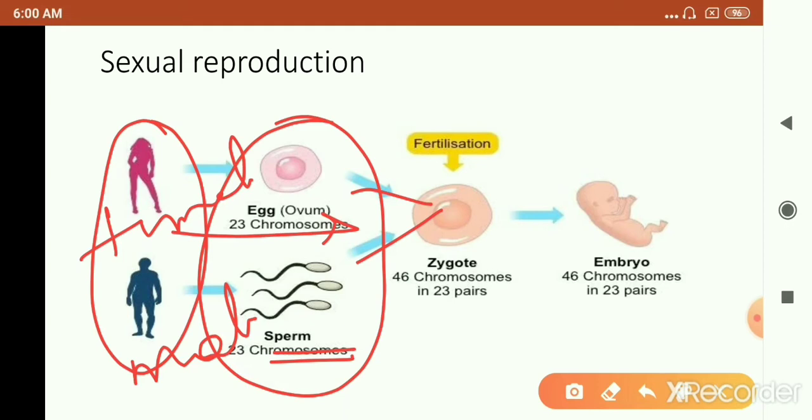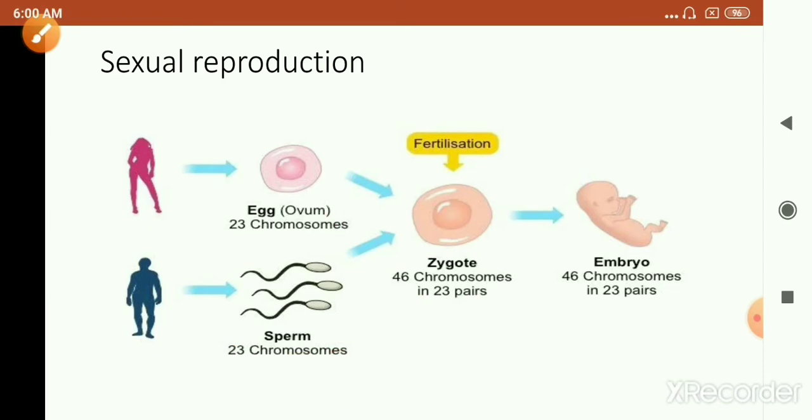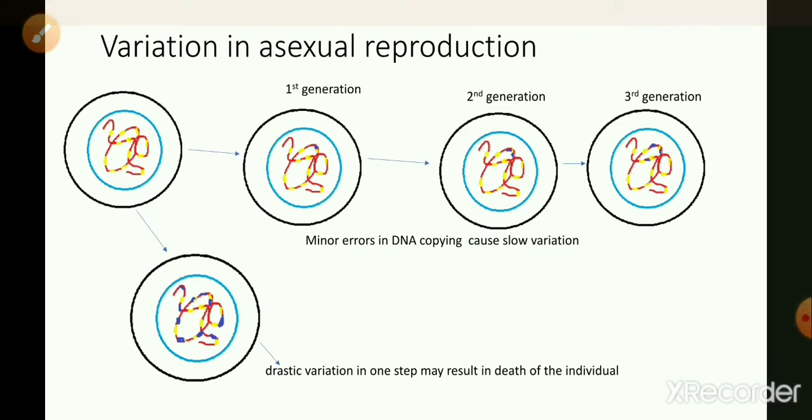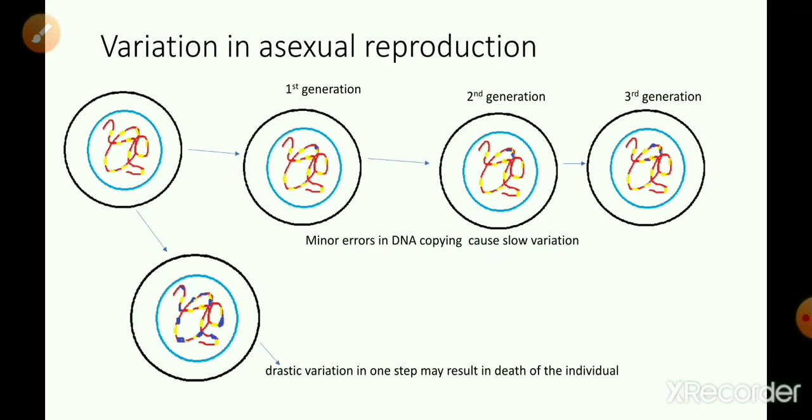And when the male and the female gamete fuse, then a single cell is formed, which is called the zygote, that later develops into a new individual. So here the process involves formation and fusion of gametes. The process is biparental. Now, in the beginning of the chapter, we had discussed that the basic event that occurs